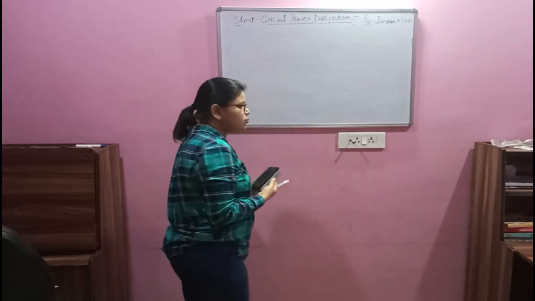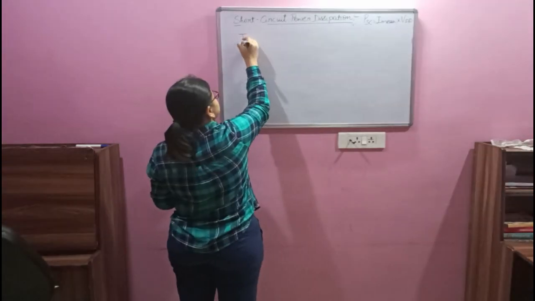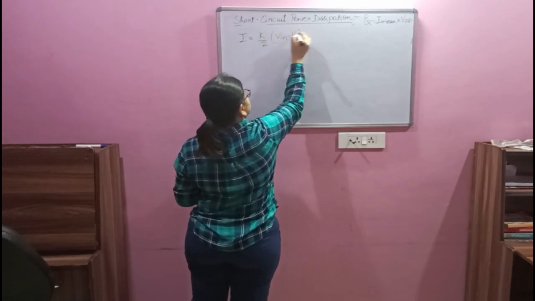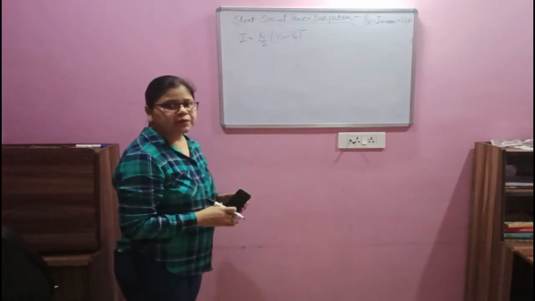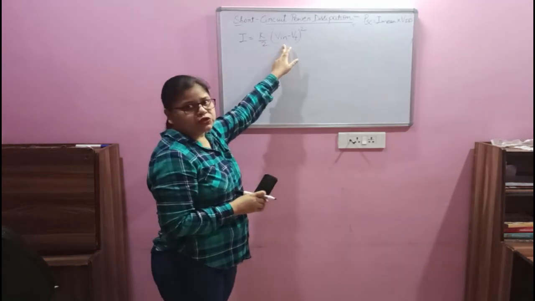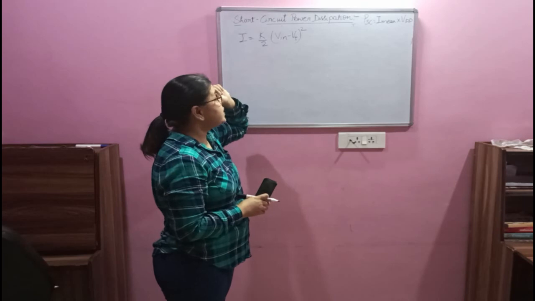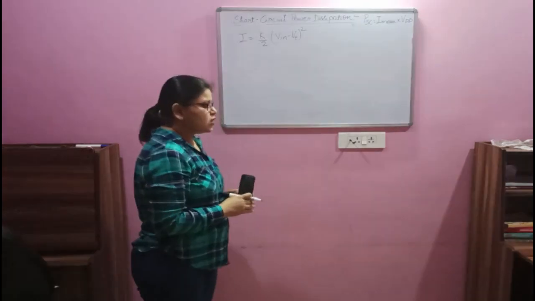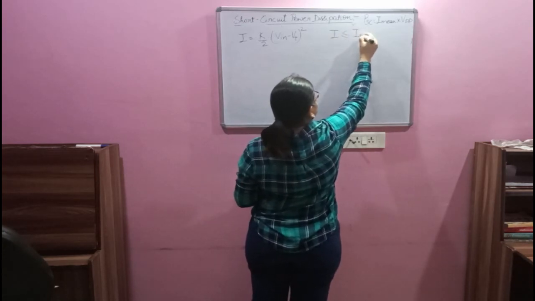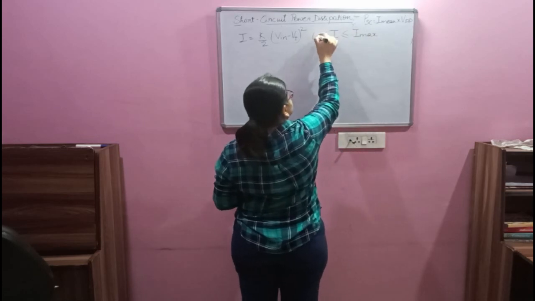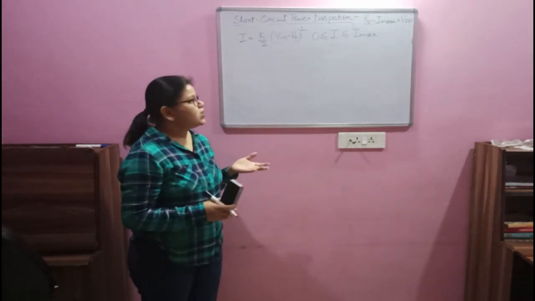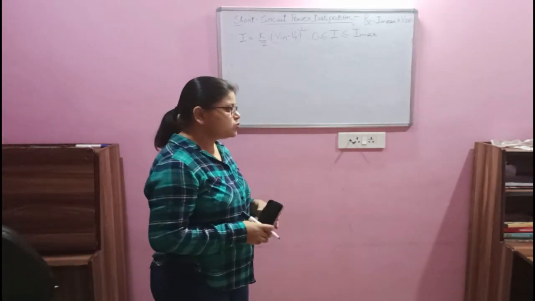Now as we have considered that the NMOS is driven into saturation, the saturation current equation for the NMOS will be written as this, where K is the transconductance parameter and it is equal to mu n C oxide W by L. VGS is equal to V in the case of a CMOS inverter, and VT is the threshold voltage. This is true for I less than or equal to I max and greater than or equal to 0.